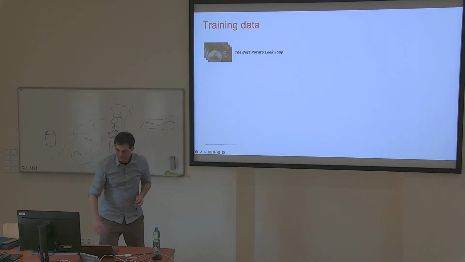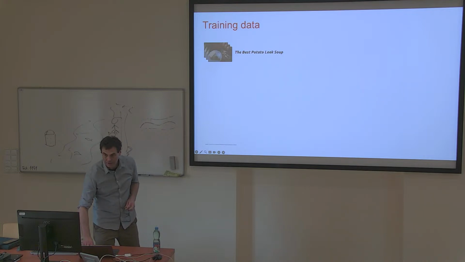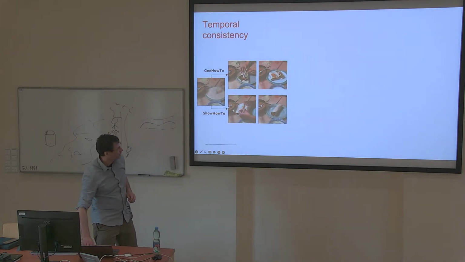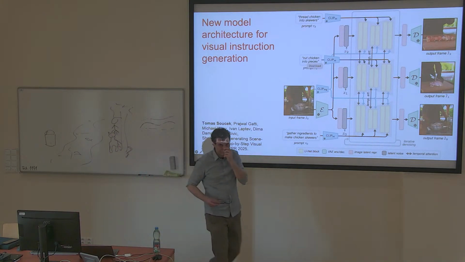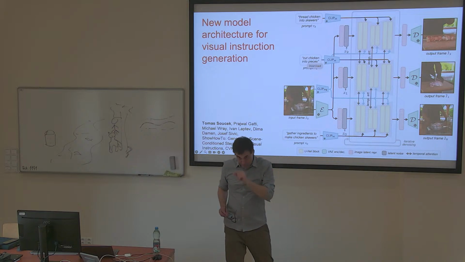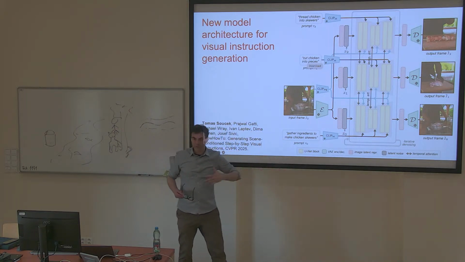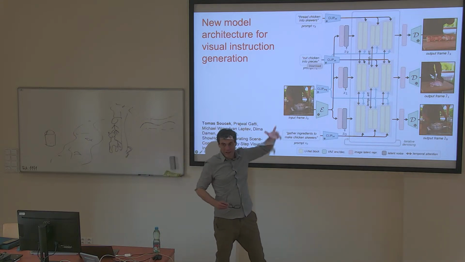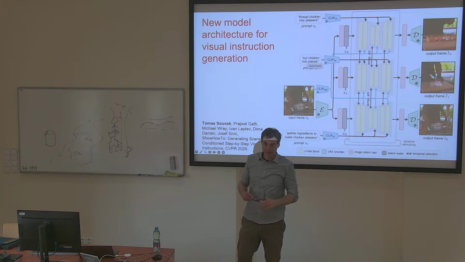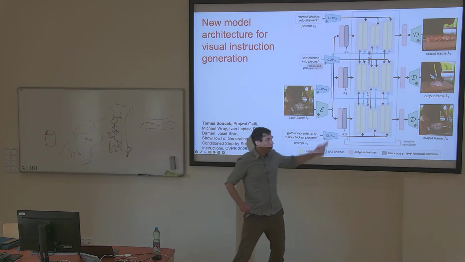Again, key, yes? So how do you condition it to do the next step? I can imagine that if you tell me the next step, it can be far more than the next step. Yeah. So one of the key things was to make a variable number of steps. Here, by the way, the steps are given by the language model because we ask it to cook a certain meal and it comes up with 7 steps, sometimes 3 steps. If it's just boiling eggs, maybe 2, 3 small ones. If it's something complicated, maybe 20 steps. Yeah. So the number of steps varies, and one of the key things we had to address